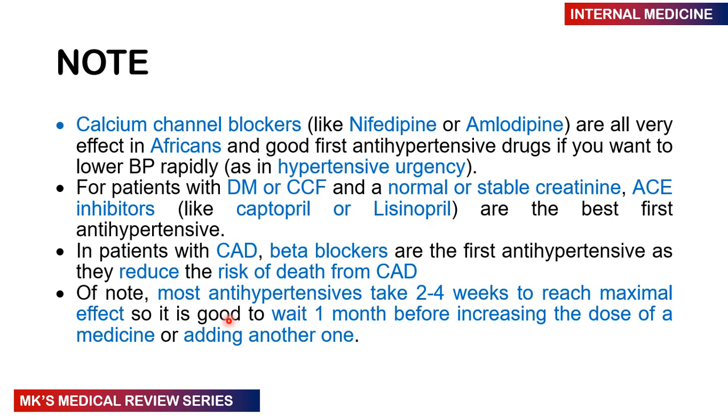For patients with diabetes, congestive heart failure, those that have normal or stable creatinine levels, and those that have hypertension as a comorbidity, ACE inhibitors are very good. So those are the best first line. Then those that have coronary artery disease, beta blockers are the first line because they do reduce the risk of death. Then for most patients that are on antihypertensives, they usually take about 2 to 4 weeks to reach their